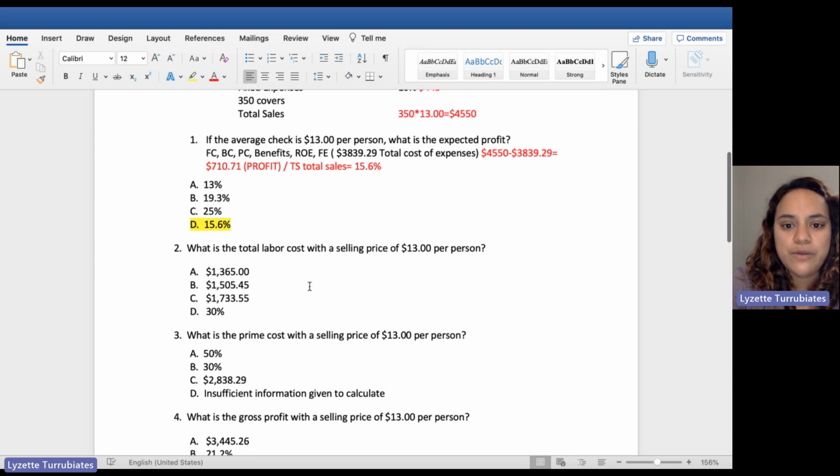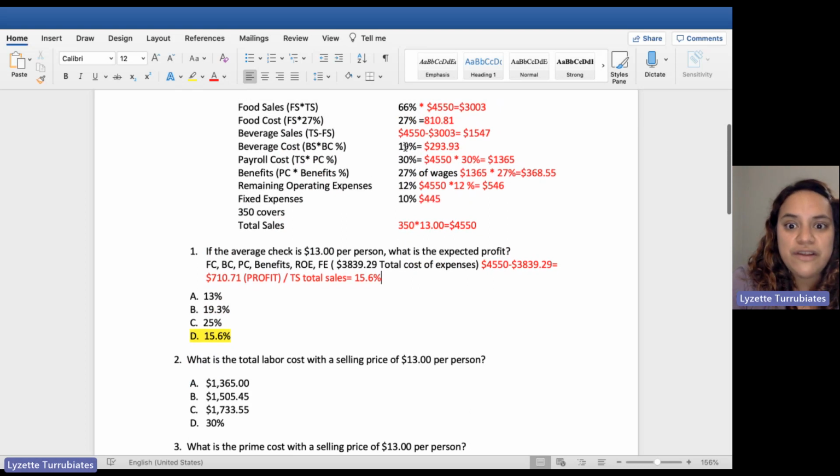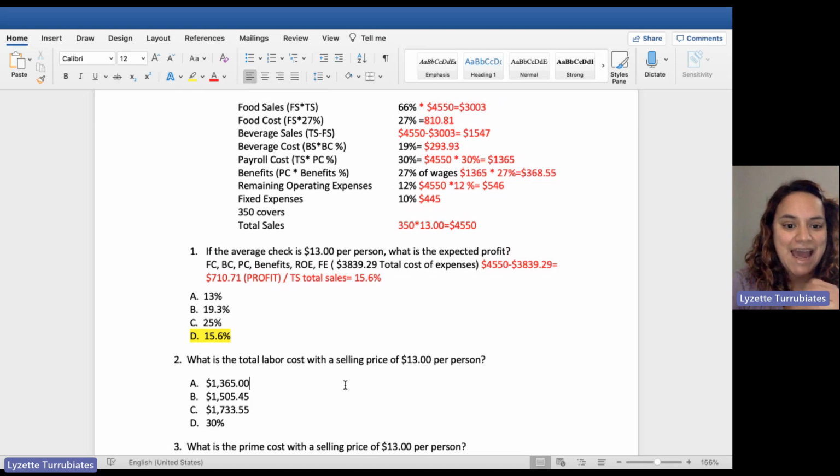So now we're trying to figure out what our total labor cost is. Well, we already figured this out when we filled out all this information, right? So our total labor cost, which is our payroll cost, is going to be our payroll cost plus our benefits. So we're going to add up,